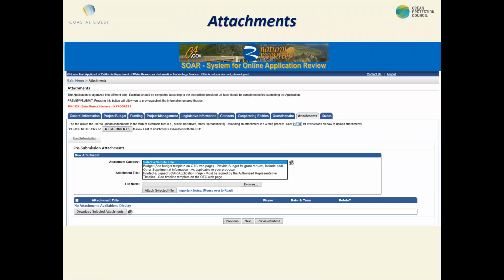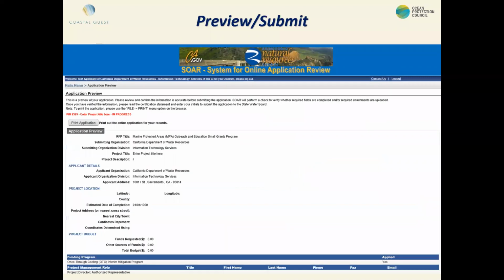And then this is where the next tab, attachments, is where you will attach the budget and the timeline. You also will need to print and sign the full application page and upload that as well when it's completed. So you do the budget and then the printed and signed SOAR application page and the timeline.